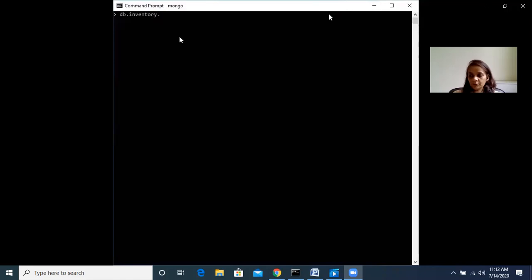Now let us do the example for this. Here, just like insertOne, we are updating one document at a time. So we have used the command updateOne. And the condition is where item equal to paper.